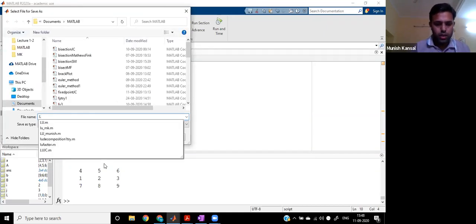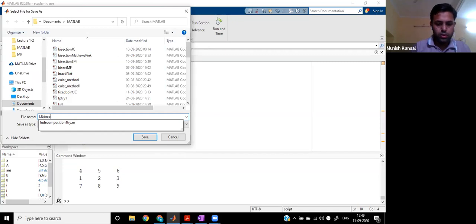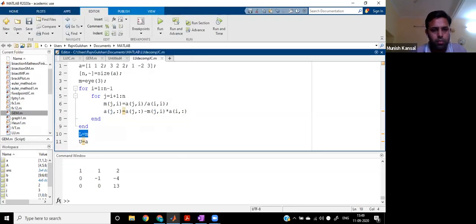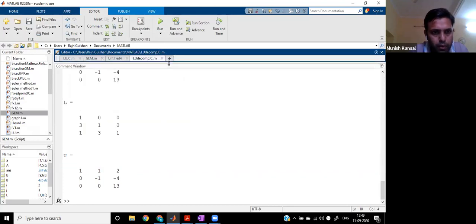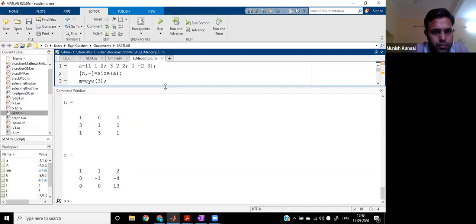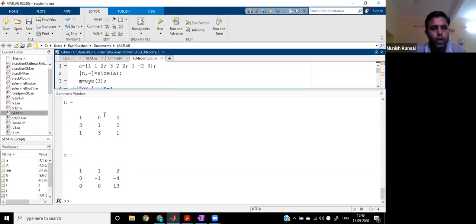This is LU decomposition. Right, now the command we have executed and you can see the output in the command window, right? So what is the output? Output is